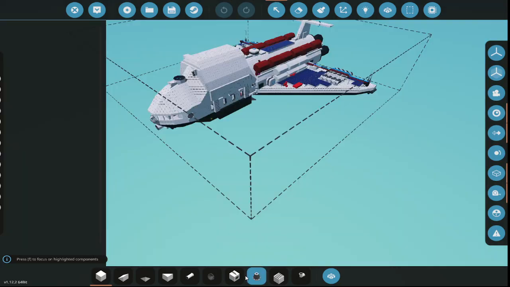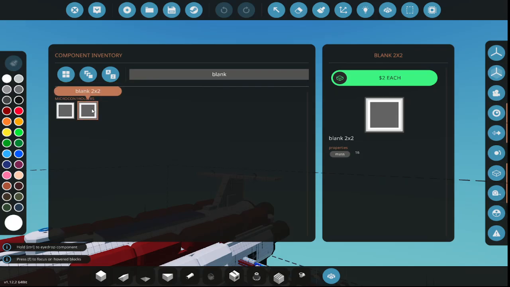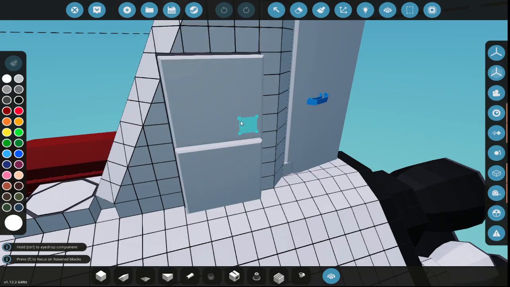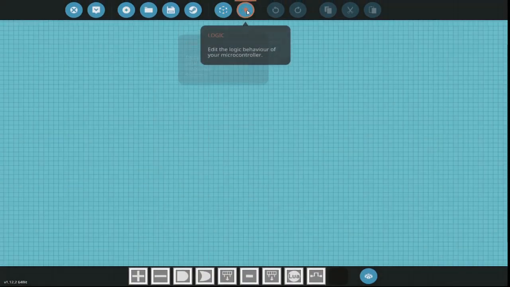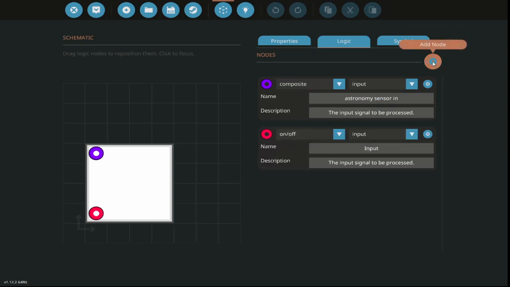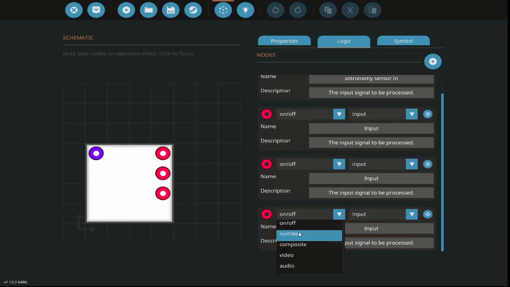So now we're actually going to build it, and I'm going to build it on the spaceship here, but it doesn't matter where you build it. You can just build it. All right. So we can do, for example, on the logic, we can have our compass in. Okay. This is going to be the astronomy sensor. So I'm going to do this a little bit better, and then this is going to be our ship, moon, or whatever, destination